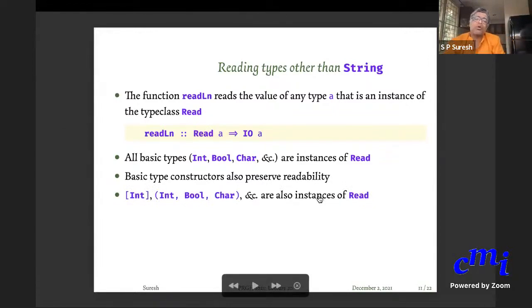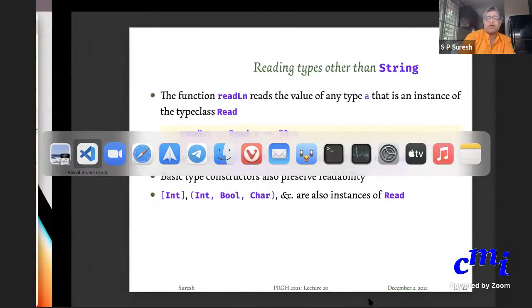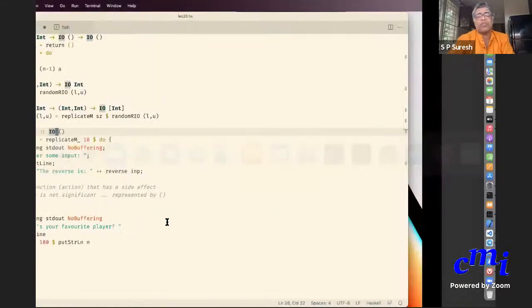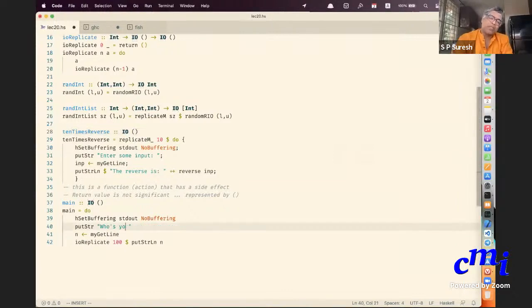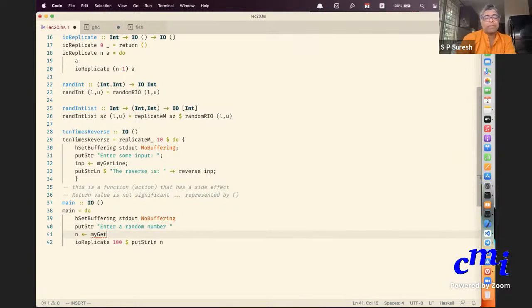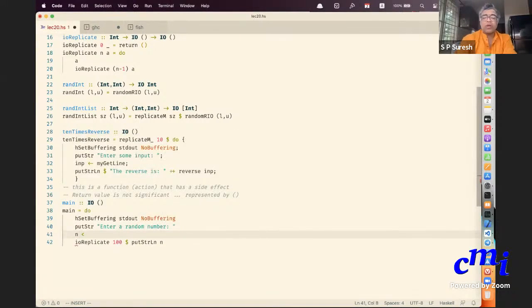So let's go here. Instead of asking who is your favorite player, by now you know, enter a random number. And then the way I should do it is: n is readLn, but readLn can read your input and interpret it to be of any type.